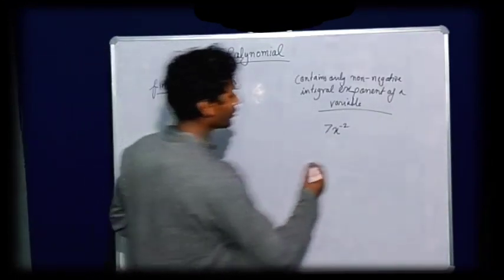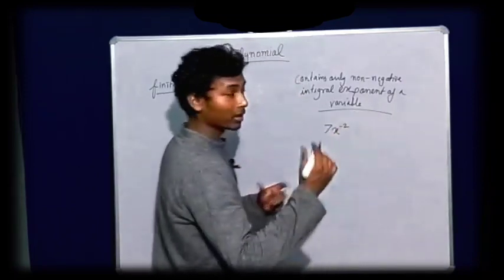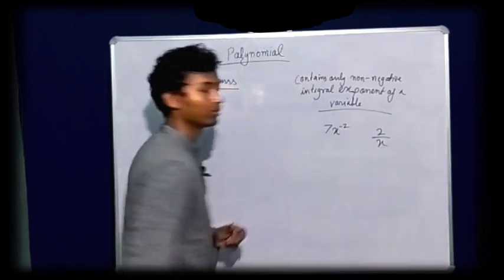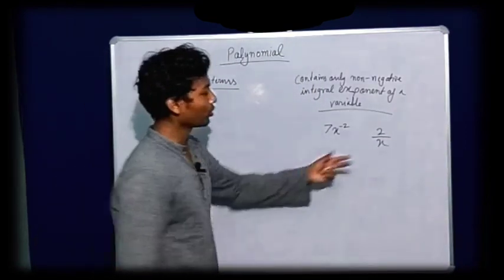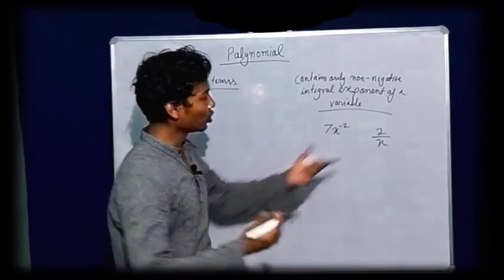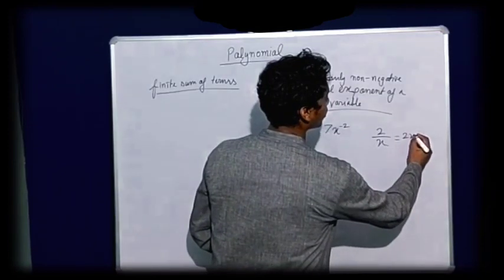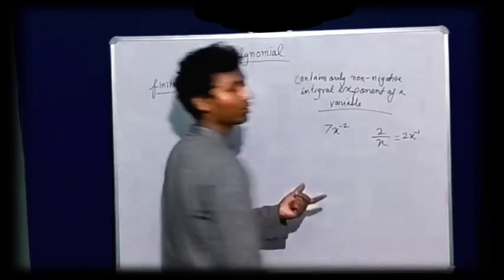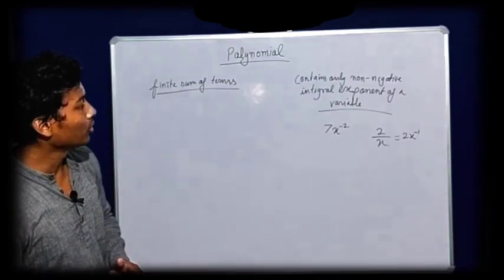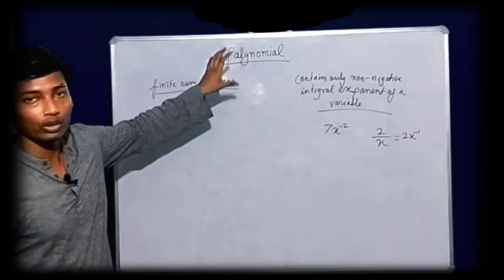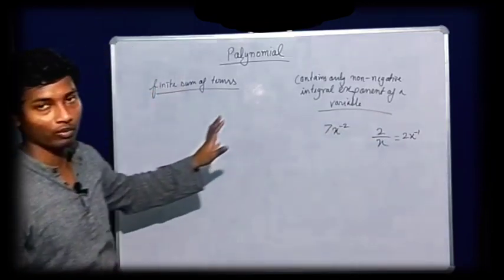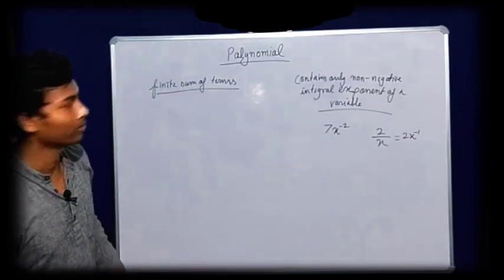Okay, and even if anything is given in the form of, let's say, 2 by x. So that means what? 1 by x. Now in exponents you have learnt 1 by a can be written as a to the power minus 1. So here 2 by x we can write as 2 into x to the power minus 1. So again x has a negative power. So these terms cannot be included in the polynomial. So that algebraic expression which has these terms will not be termed as a polynomial. So we have to exclude those terms.